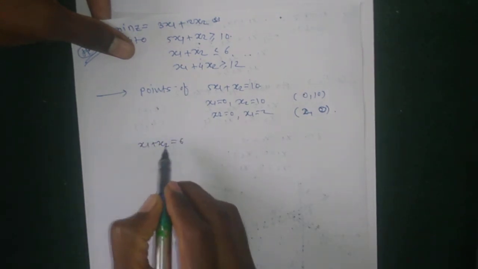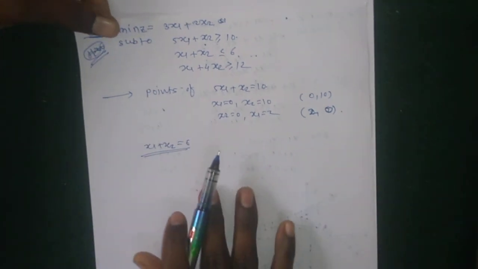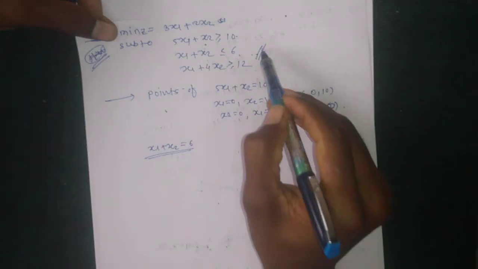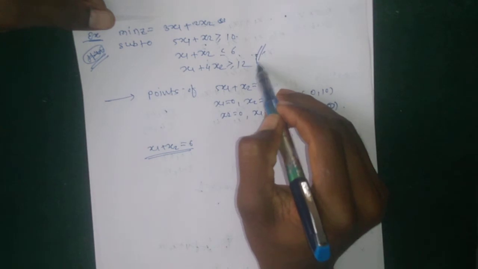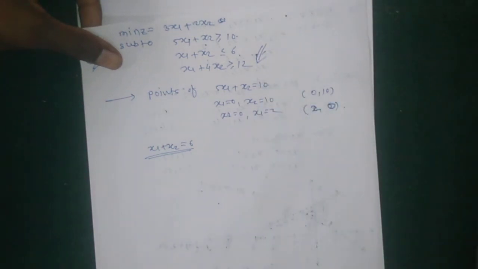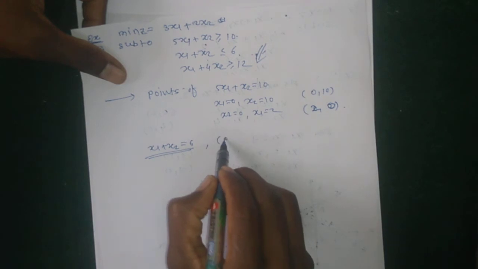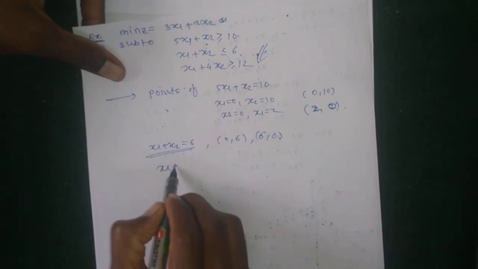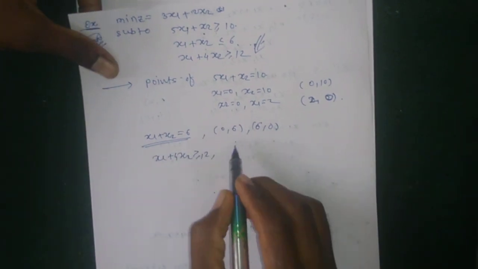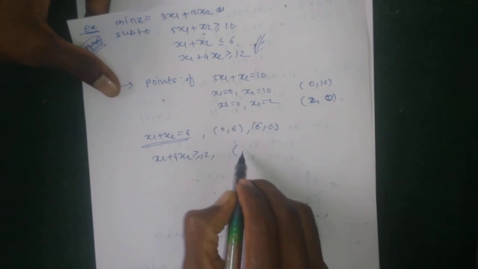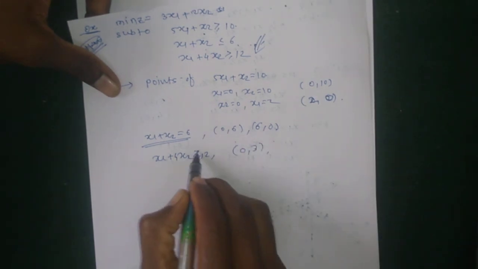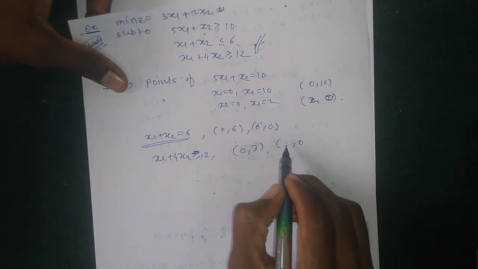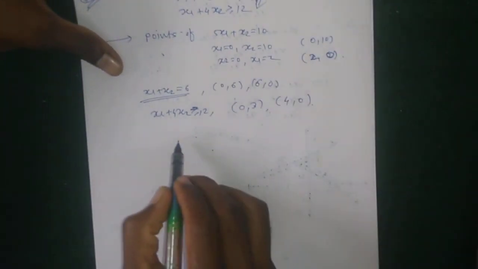Then next is x1 plus x2 is equal to 6. Maybe this problem was solved in the previous lecture. Okay, this problem is already solved in the previous lecture. Points are 0, 6 and 6, 0. Then x1 plus 4x2 is greater equal to 12. So points are x1 is equal to 0, then x2 is equal to 3, and next point is x2 is equal to 0, then x1 is 12. Okay, so their region is